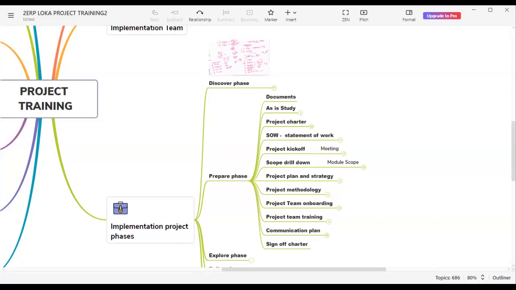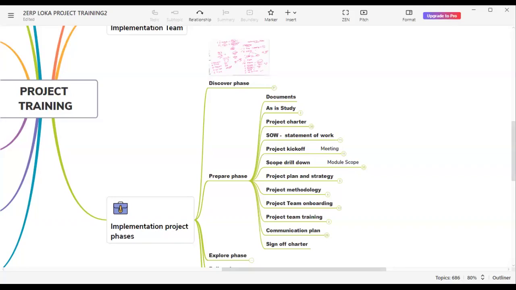And if everything goes fine, then we'll start up with a kickoff meeting. Kickoff meeting is with the leadership. I can call the team as a PMO team, a project management office, or we can also call it the steerco committee. Okay, so they will be having a kickoff meeting and decide when to start implementing the SAP project or when to start with the next phases.